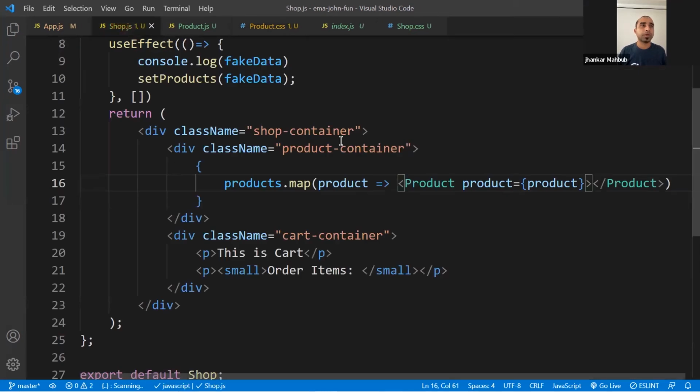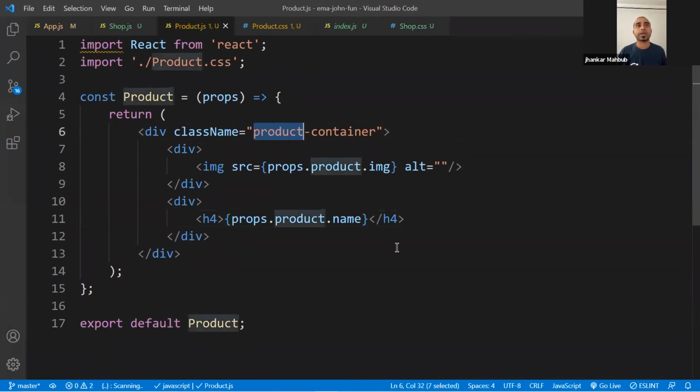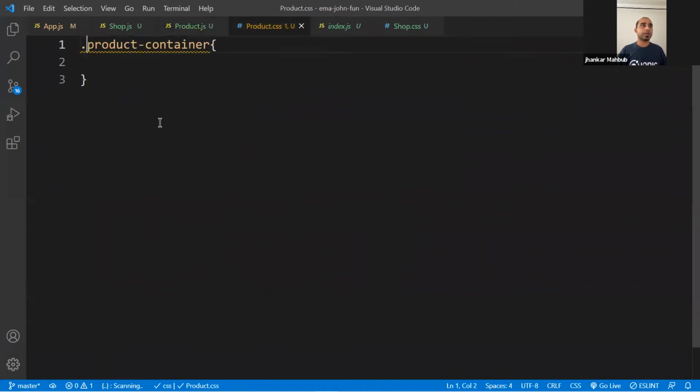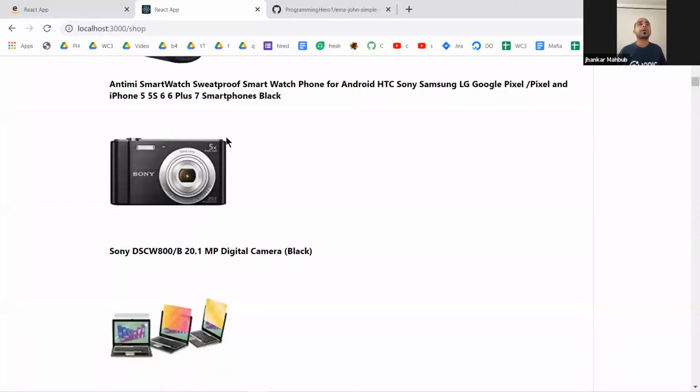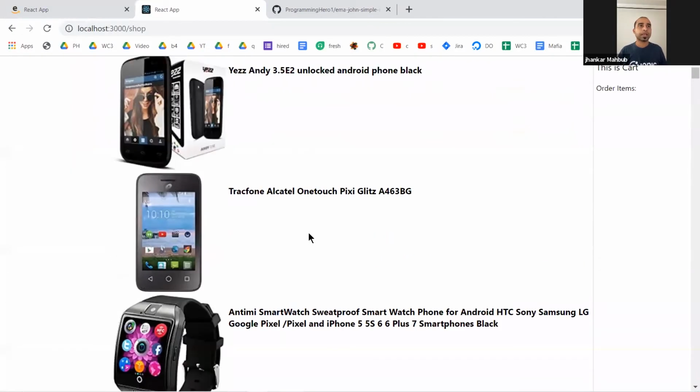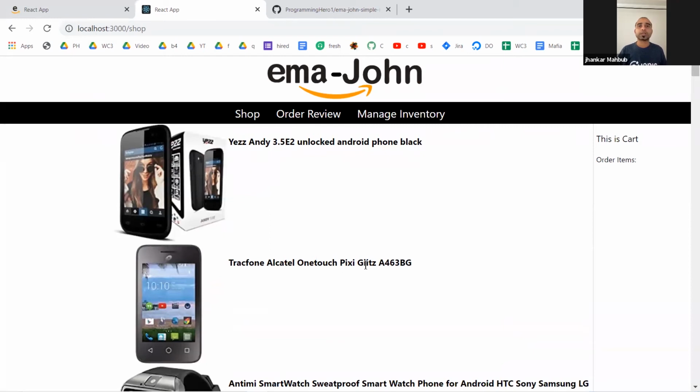Actually in the shop we use that product container as well, and there also is a product container. So we can say, okay, single product item, or something like that, single product container. However, in this one, if we do this here, instead of product container, we say a single product container. Now this would be almost fixed. You see this has a name next to each other.